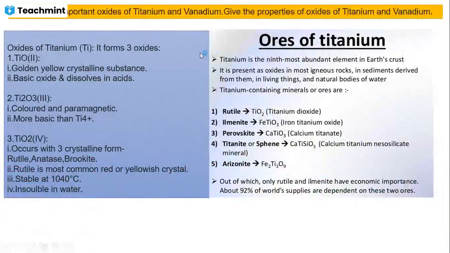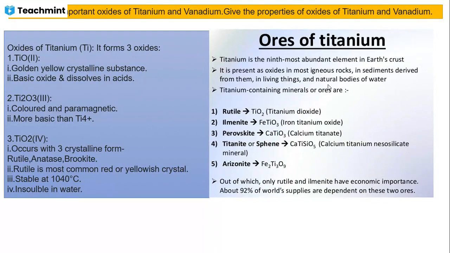Okay. The next question is: name the important oxides of titanium and vanadium, and give their properties. Titanium has three oxides. This question is very different, and I have taken this part as far as the MCQ is concerned. Titanium is a very important and abundant element in the earth's crust, and it is present as oxides in the